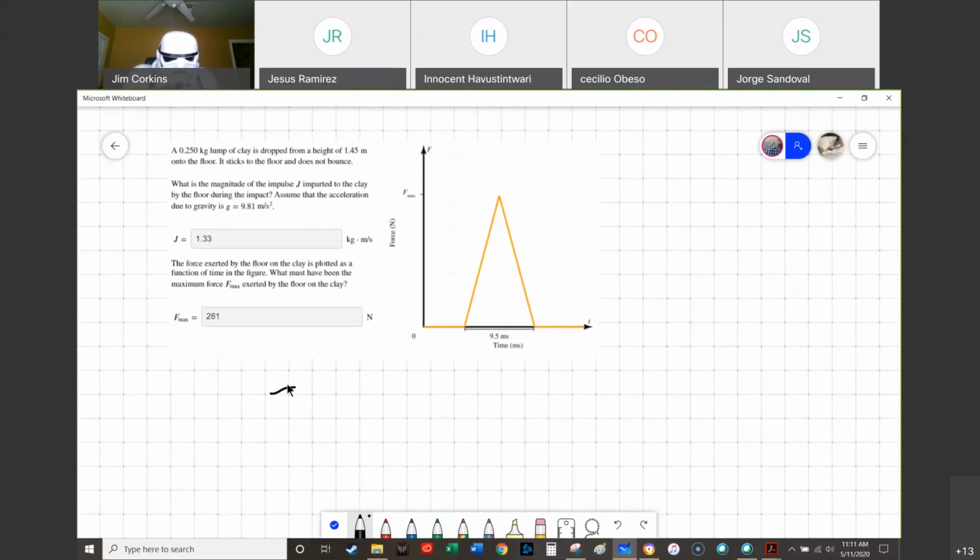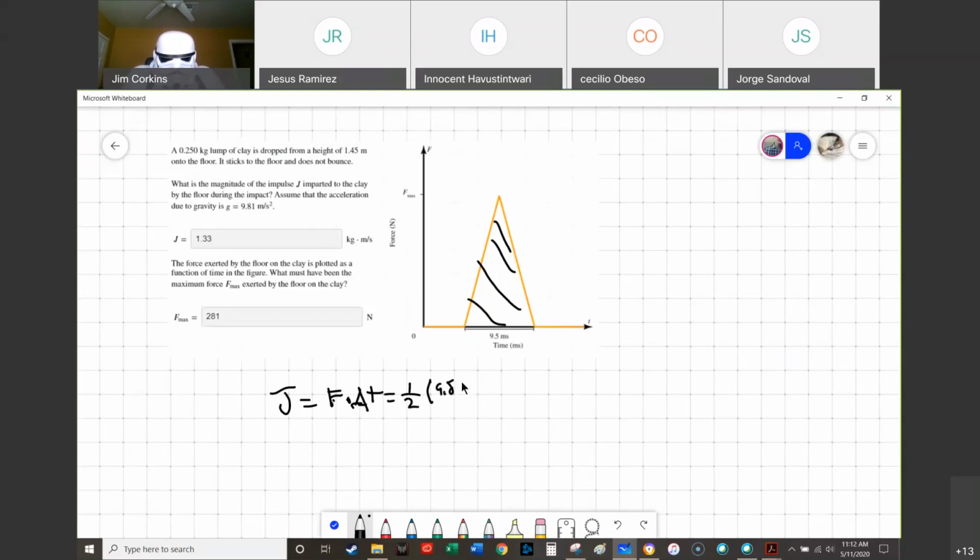To get the impulse, you have to get force times delta t, which in this case is just the area under this curve. What shape is that? It's a triangle, and as Max has stated, it is 1/2 the base, which is